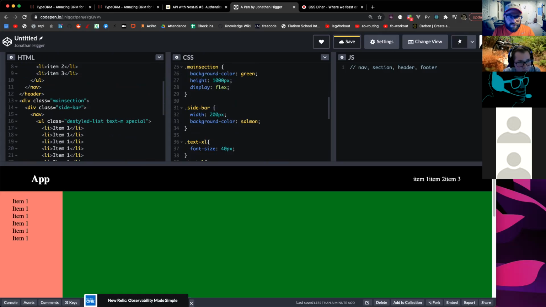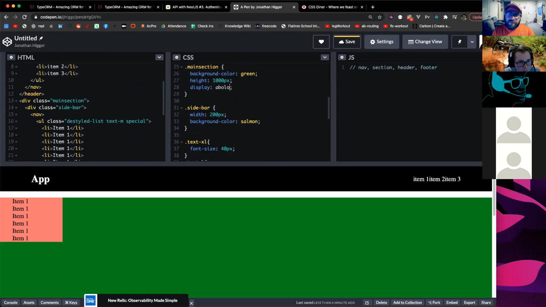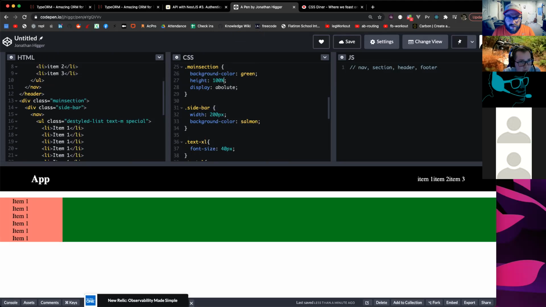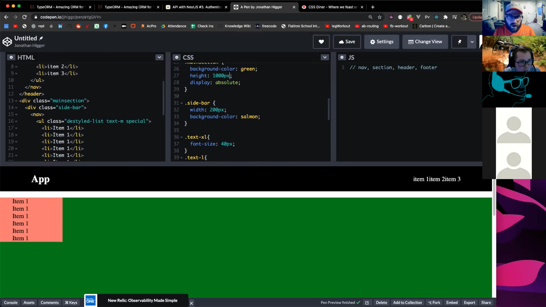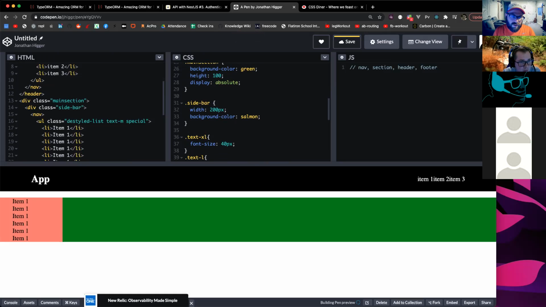So what we could do, gotta think for a minute. We could take this main section and you'll see this is gonna mess it up. If I make this thing absolute, it's gonna be a little bit more messed up. Yeah, and then you could do, I think, can you do height 100% here? See if that works. You forgot an S in your absolute. Absolute. And what you can do is you should be able to take, let's make this 1,000 pixels real quick. Oh wait, whoops. I don't want that to be 1,000 pixels. I want this to be